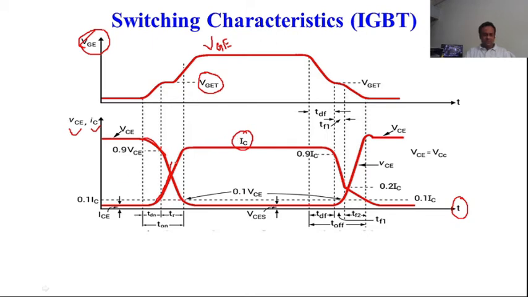Before this attains the final value, we have the T on. T on time has two components, T delay and T rise. That means TD is your delay time and TR is your rise time. From this plot you can see this TD plus TR is your T on. Now coming to the T off. This TD and TR usually you will find in this kind of devices.